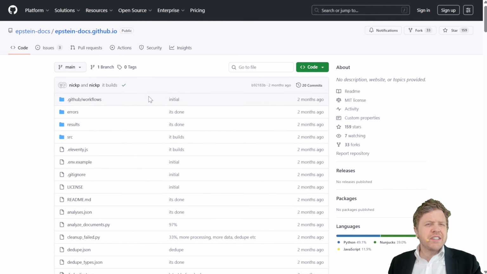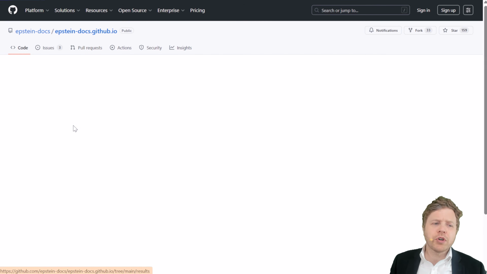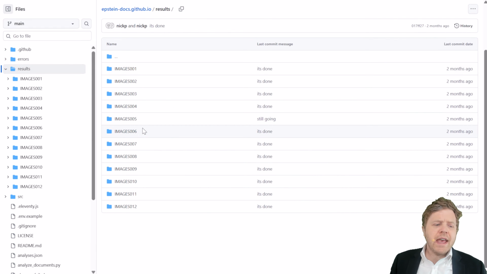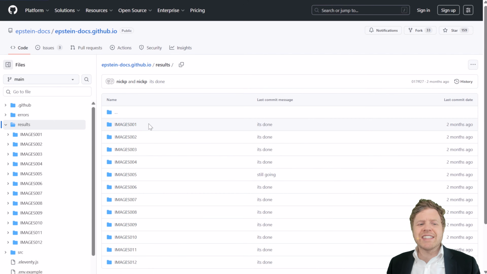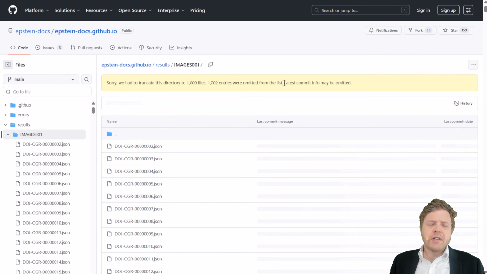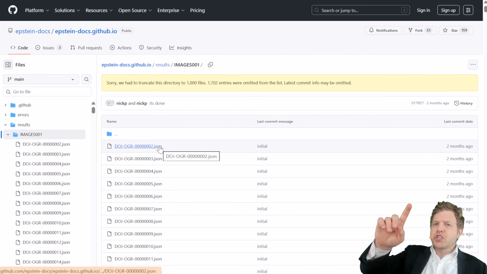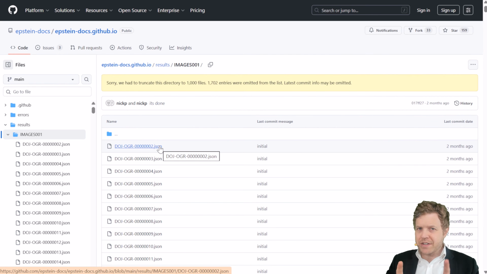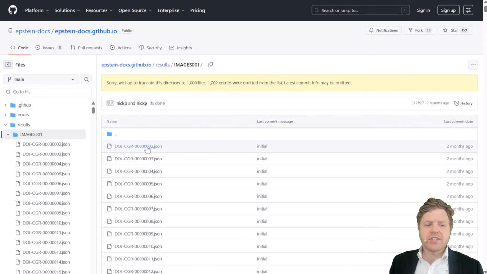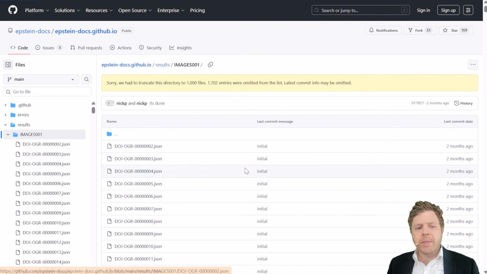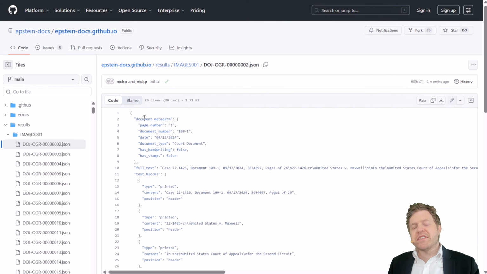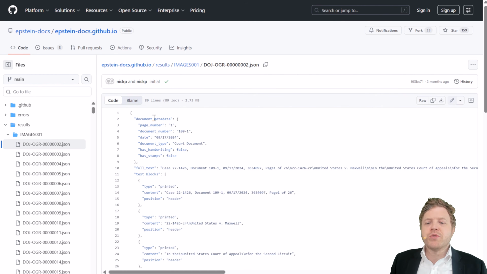The work that's done is placed into a folder called results. Unfortunately, probably because of size constraints, this doesn't contain the source and the resultant JSON. It just is the resultant JSON. So for example, if I click on this, this is the data that was produced from some Department of Justice